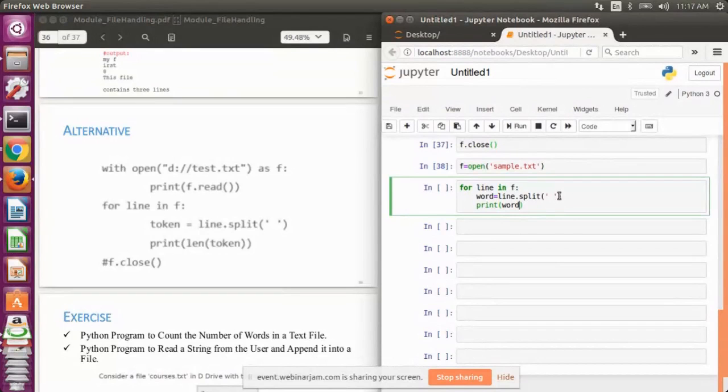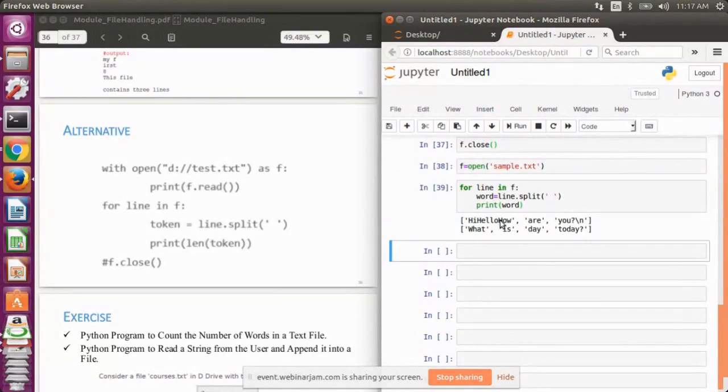The first word is hi, hello, how. Are you? This is the first word because the next word that comes ahead, are, is after a space. Then how are you, new line. So this is the next third word. Then what is day to day. So this way you can print each word by a specified delimiter.